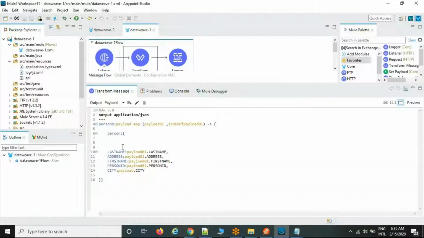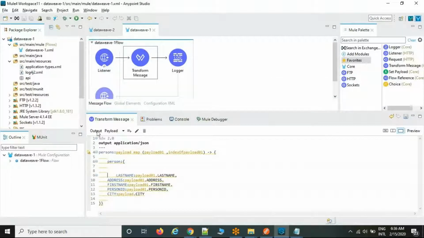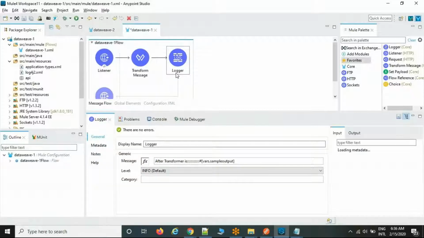This is what we discussed yesterday. Now, by default, the Transform Message output is what we write with the DataWeave language. By default, the Transform Message output will be stored under payload only. If we want to retrieve the data and reuse it in any other place of the Mule flow, like a subflow or private flow, how are we going to reuse it? By default, the Transform Message output is stored under payload. If you want to reuse it outside of the Transform Message, in any other flow, then what is the Mule expression language?